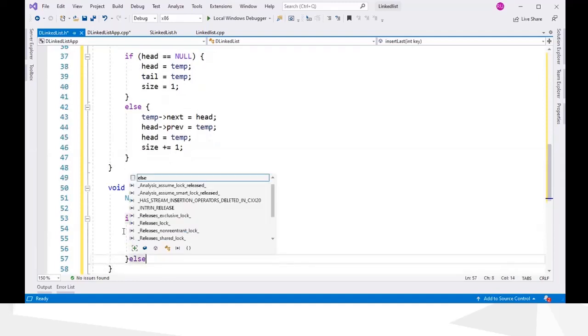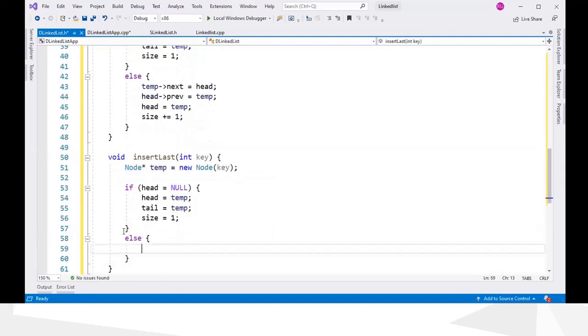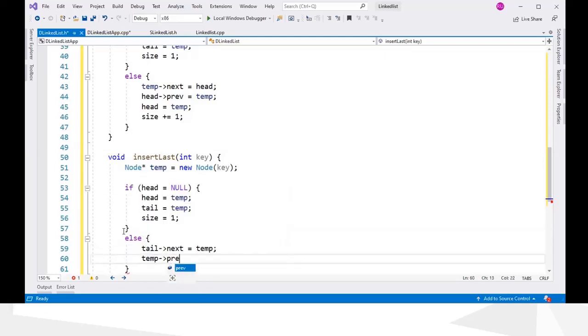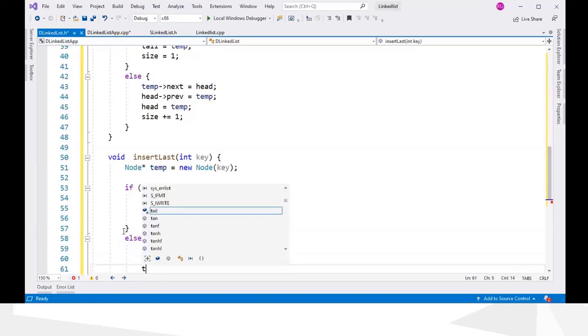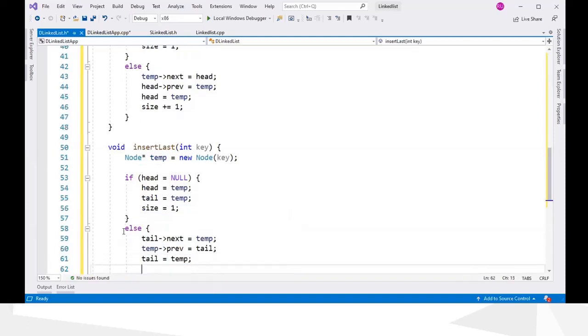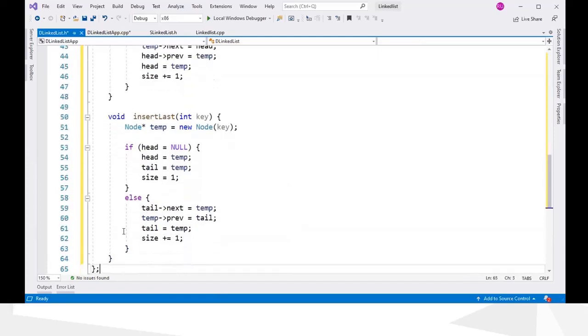Else, tail next should be the temp, and temp previous should be tail, and then move the tail pointer to the current new node and increase the size by 1. So that is all.